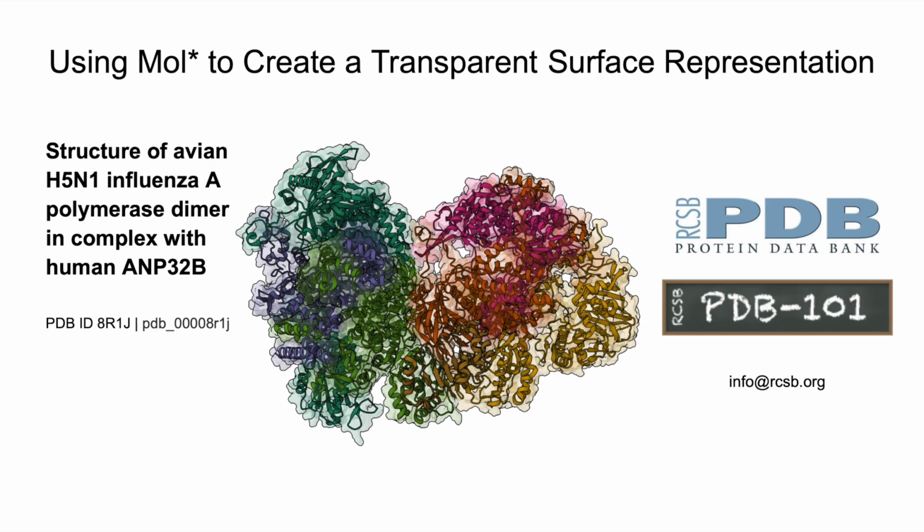Welcome! In this tutorial, we'll learn how to create a transparent surface representation of a protein complex using the MolStar molecular visualization tool. Transparent surfaces are great for showing the outer shape of a molecule while still revealing internal components or interacting subunits. We'll be working with the Influenza A polymerase dimer in complex with human ANP32B using PDB ID